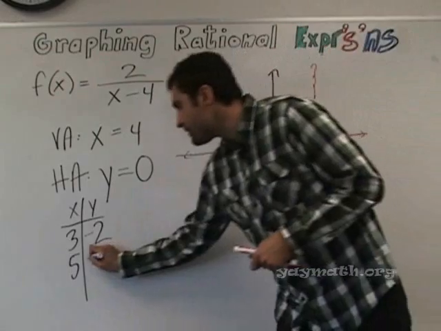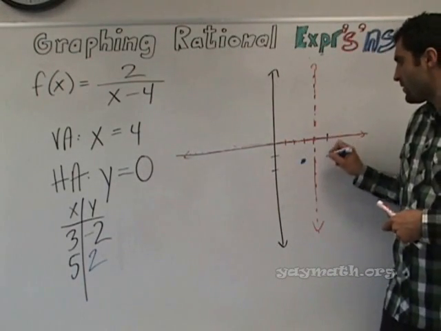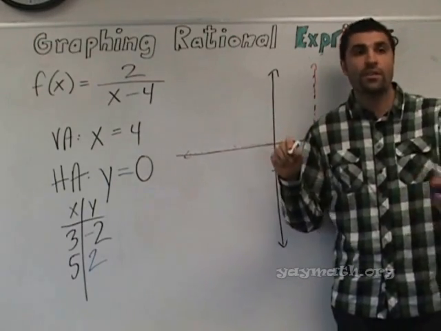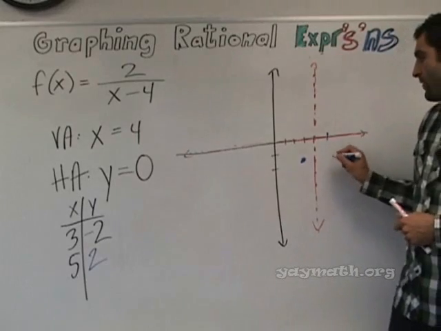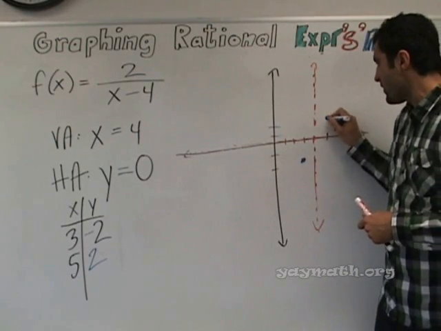5, 2. Oh, so when it crosses, there's gonna be a hole. Yep. There's no hole here. Why not? Hole is when the factors cancel. We're going to see those soon. So 5, 2, 1, 2, 3, 4, 5, 1, 2. Okay, now,